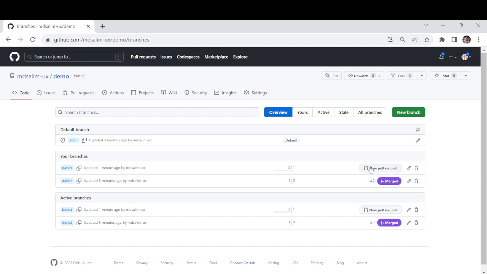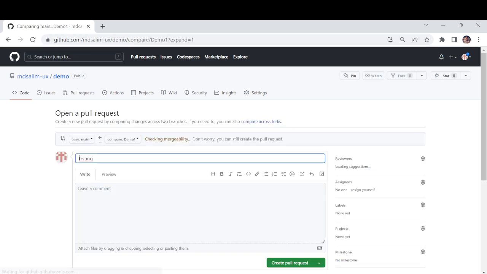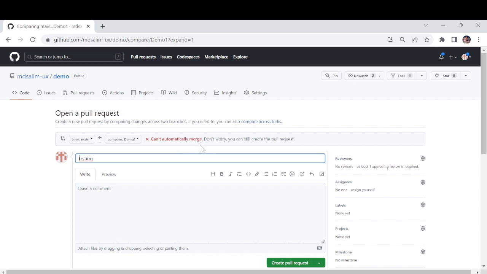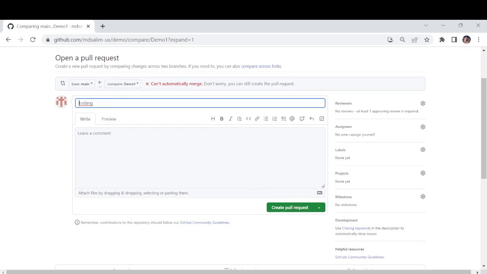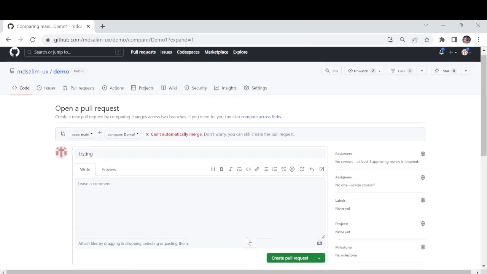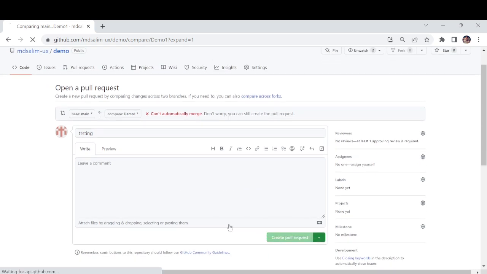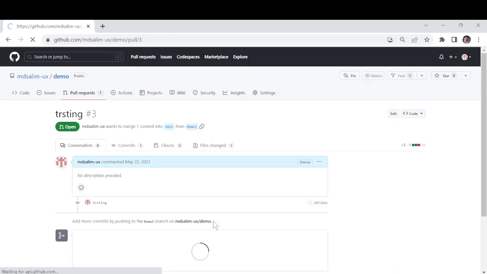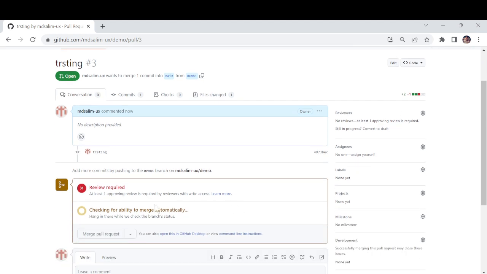See here, you can see a new merge request, since we have closed the earlier one. Here you can see it can't automatically merge. Why is it coming? If you compare this file and go down, it is showing as a conflict. Here you can see S3, which is already made, someone has made changes. For example, if I create a merge pull request, I will create a pull request forcefully. So here you can see